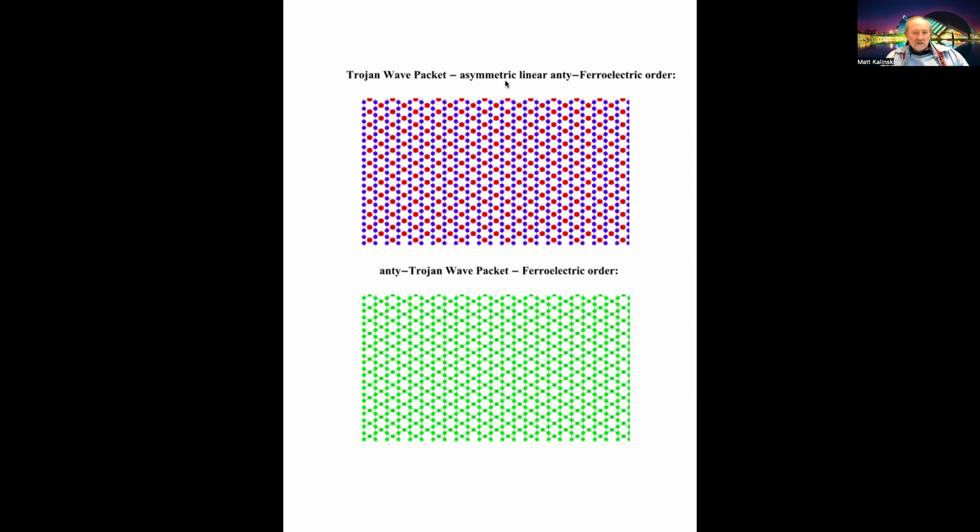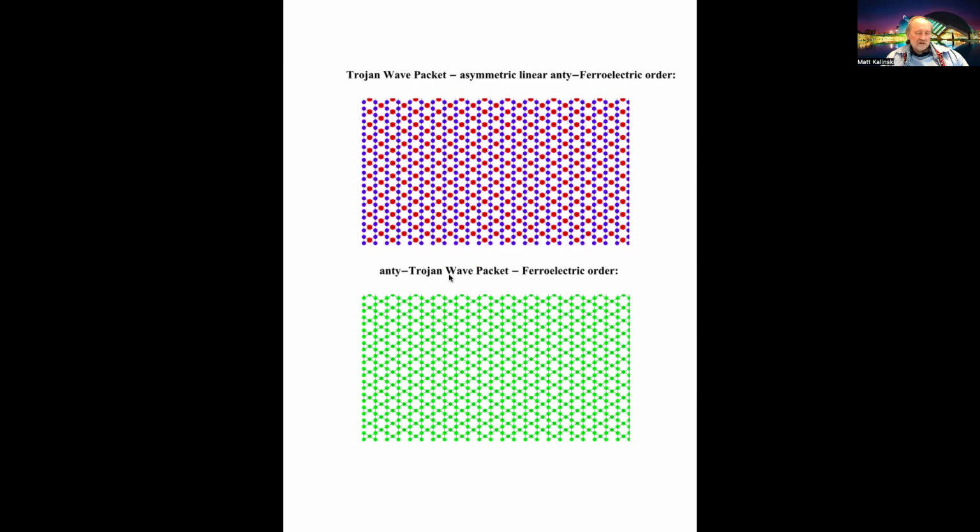Okay, and also, you can get the index in case of Trojan wave packets. Let me again recall that these are all two-dimensional lattices. That you get anti-symmetric linear antiferroelectric order. So the neighboring atoms, blue atoms and the red atoms, are in the anti-phase state, and you get the native ferroelectric order, which is all atoms are in not a Trojan but an anti-Trojan state, which is the state of the lower